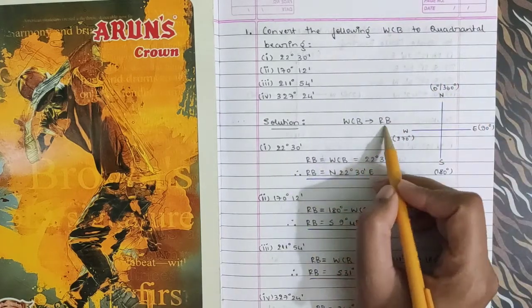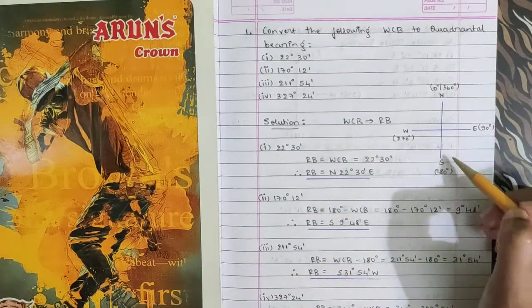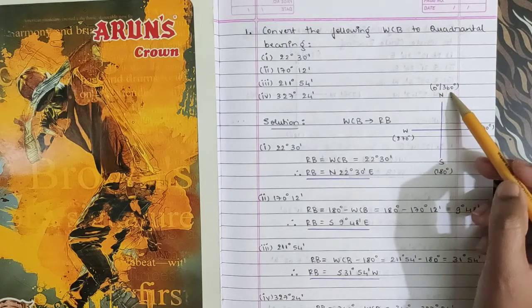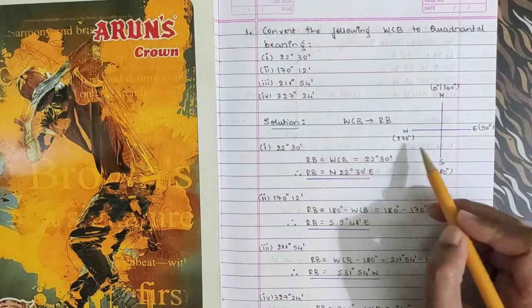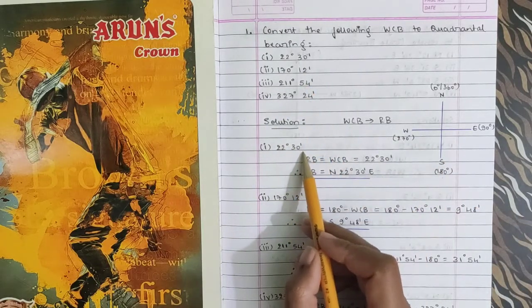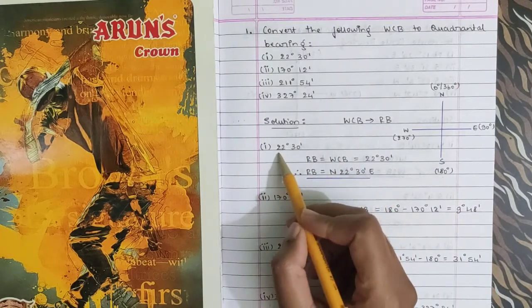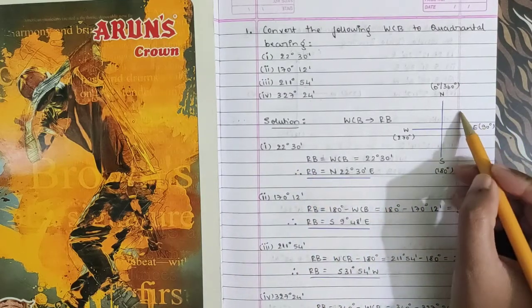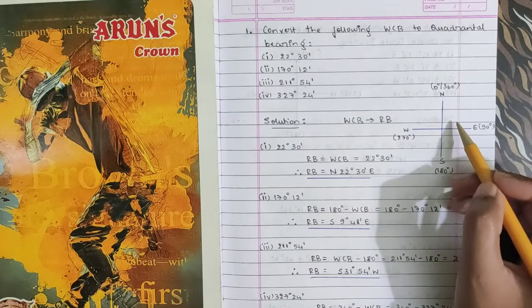We have to convert whole circle bearing to quadrantal bearing or reduced bearing. For our reference, we shall write down the directions north, south, east, west, and here 0 or 360 degree, 90 degree, 180 degree and 270 degree. Now we shall take the first one, that is 22 degree 30 minutes. This whole circle bearing means it comes in the first quadrant because it is less than 90 degree, isn't it? It comes in the first quadrant, so no need of converting it.